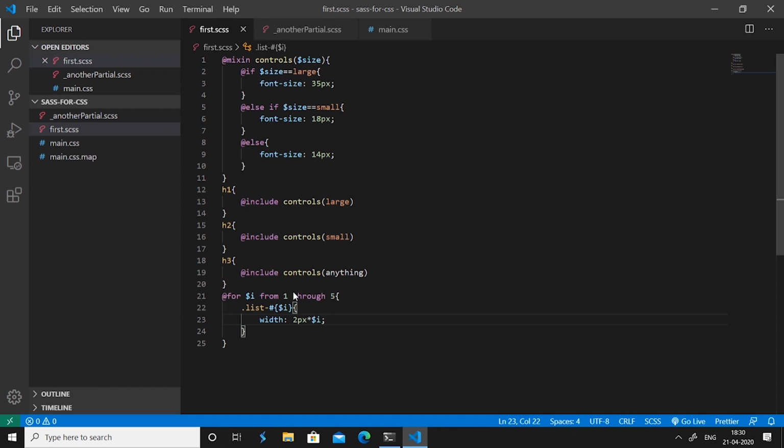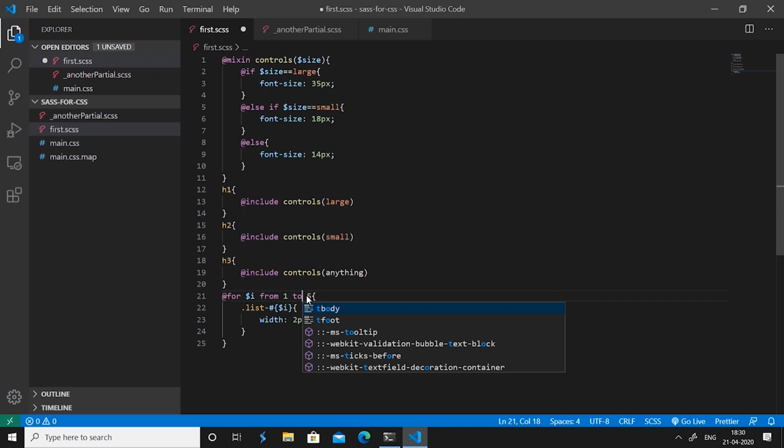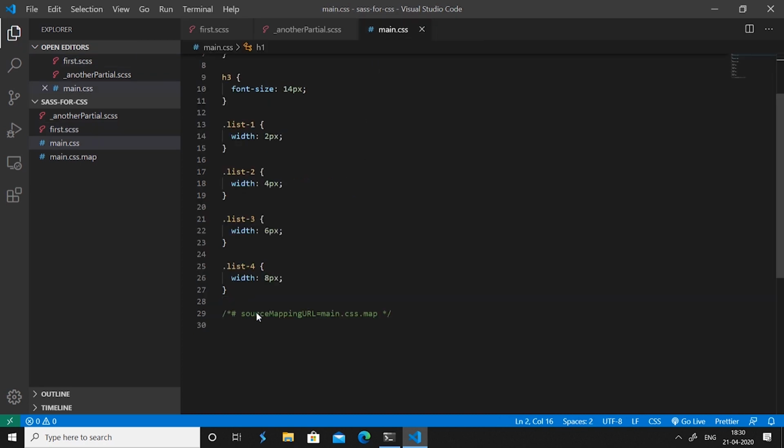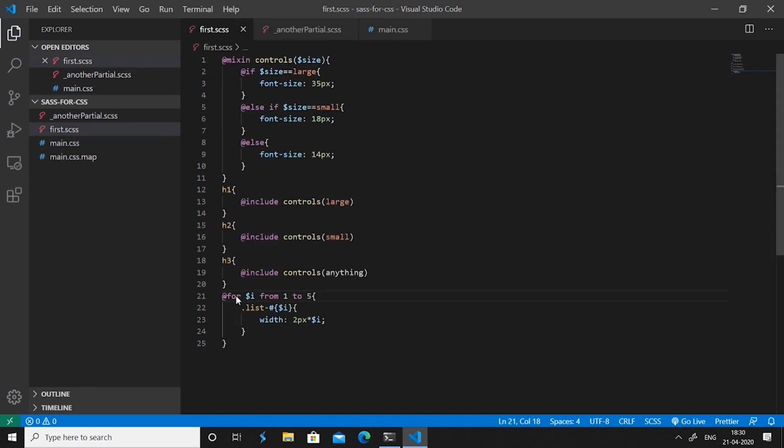Now if I replace this through with a to and save the file and go to my main.css file, we'll see that 5 is excluded, which means for i from 1 to 5 excludes the 5 while the through includes the 5.